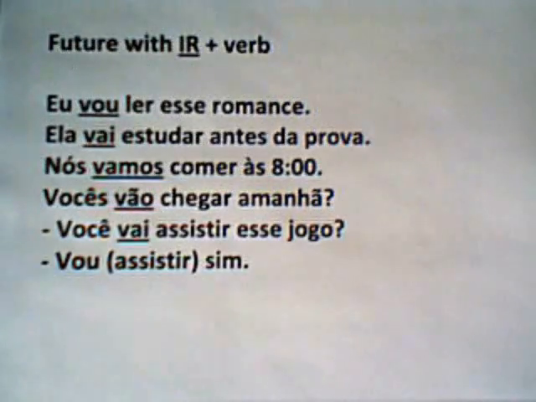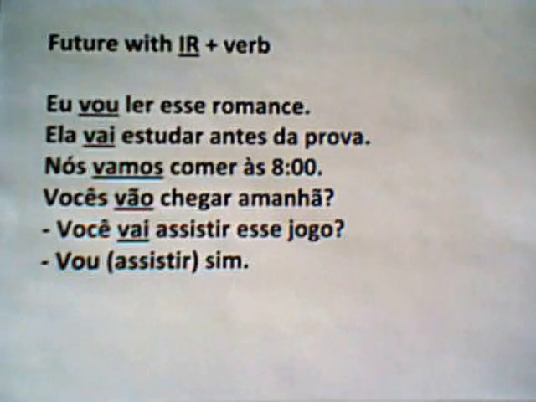Okay? People are always asking me, what's the easiest way to conjugate verbs in the future, to talk about future events in Brazilian Portuguese? The easiest and the most common way among native speakers is to use the verb ir, which means to go, plus another verb. So in this construction, we have the verb ir, to go, plus another verb as a simple way to say what someone is going to do at some point in the future. Its usage is the same as when in English we say something like, that person is going to do something. It's the simplest and most common way to speak about future actions in Brazilian Portuguese.